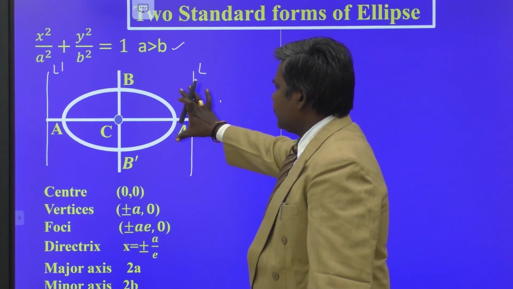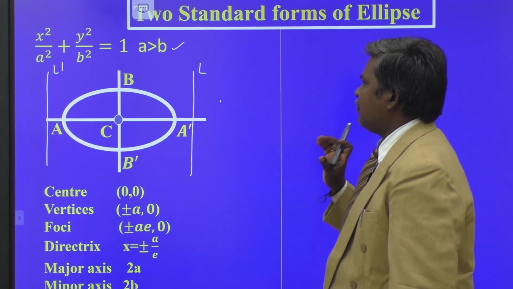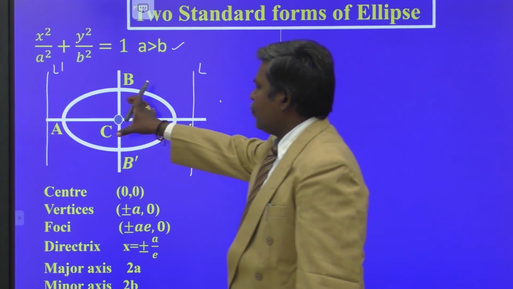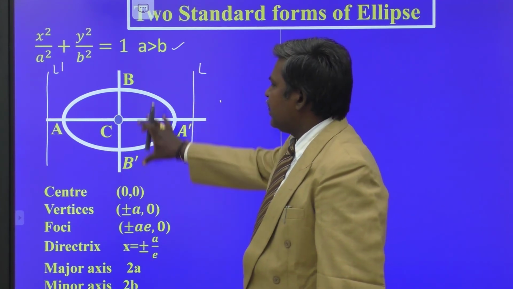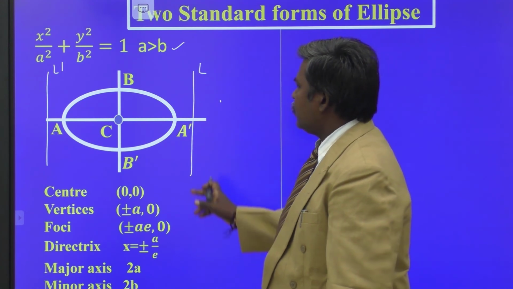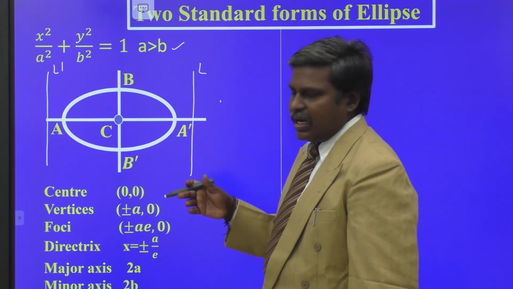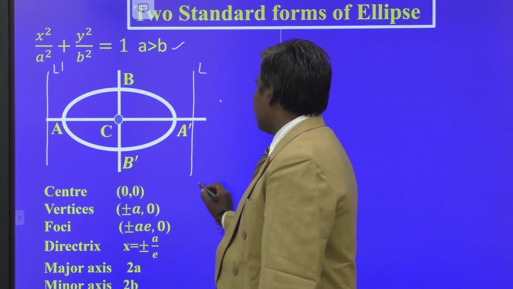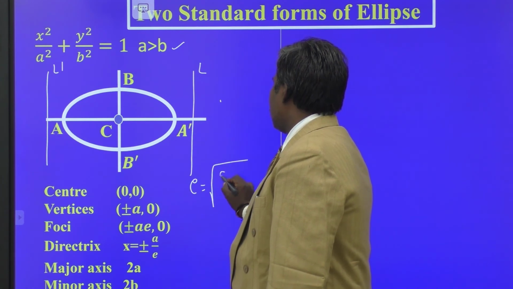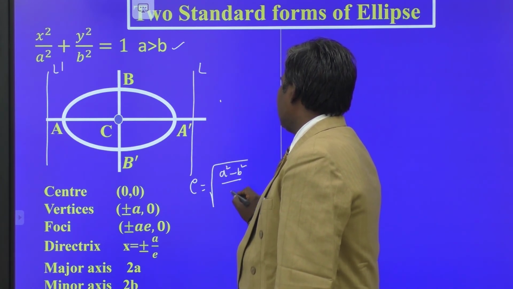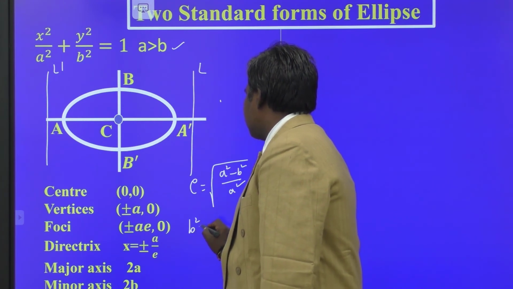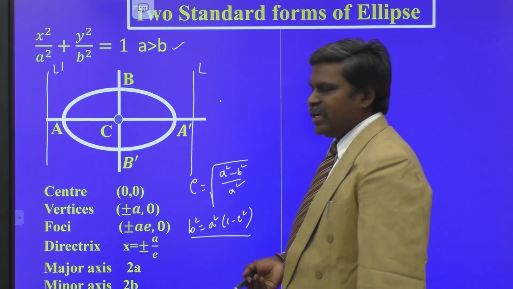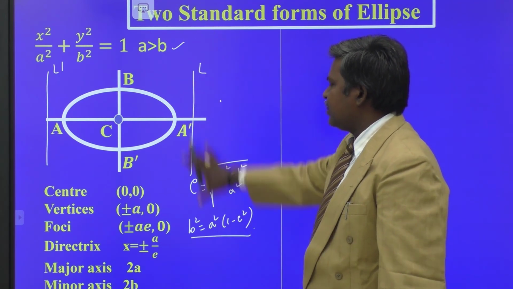Therefore, this is the standard equation x square by a square plus y square by b square equal to 1. Now, we change the roles of the major axis and minor axis. We obtain the ellipse in this manner, rotated 90 degrees. So your major axis becomes along the y-axis and the minor axis along the x-axis. This is one standard form. Its eccentricity is what, my dears? e is equal to root of a square minus b square by a square, because we have b square equal to a square into 1 minus e square. This is one standard form.